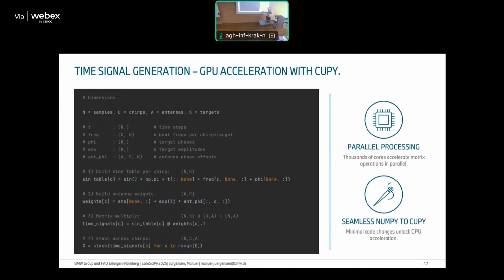So essentially what I did, I built it in NumPy at first, and that already accelerated it heavily. But still, it was not fast enough. So I did some research and found that you can use CuPy, which is essentially CUDA-enabled NumPy, which works great. So for the example I mentioned, with the 5,000 targets,